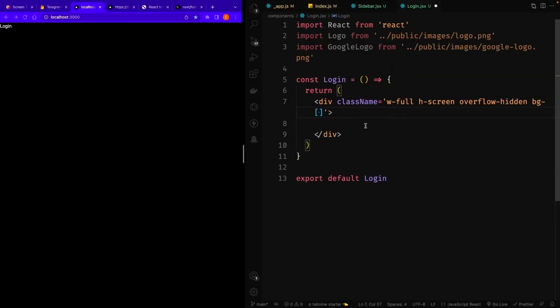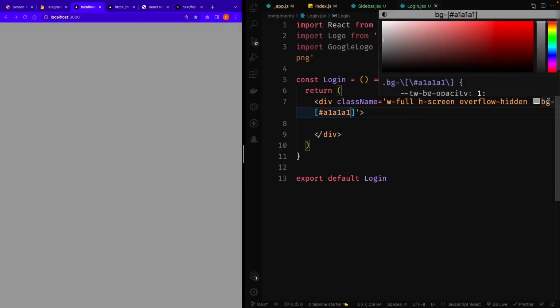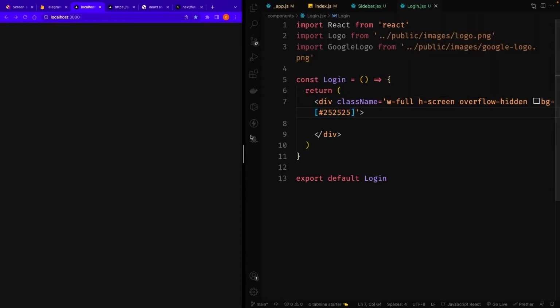I'm writing here hashtag a1. Save it. It will be a gray color. It is not so much good. So let's see, I can make it like this. This color looks great, right? Now at this point, what I can do is